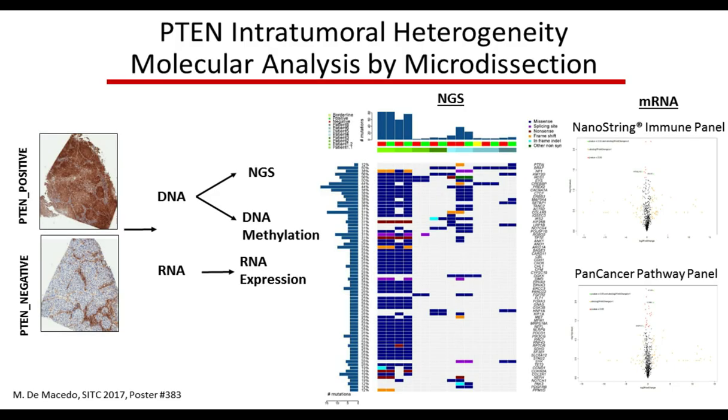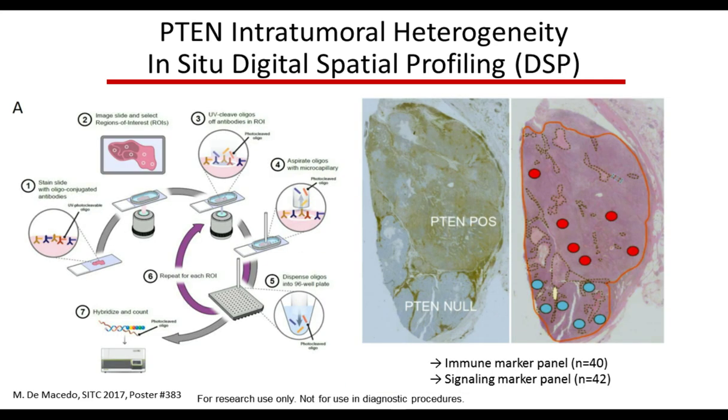associated with PTEN loss. So this is data that we presented at the SITC meeting in 2017, where we went into a handful of these tumors and first actually did core needle biopsies of these heterogeneous tumors to isolate regions that were PTEN expressing or PTEN null. We isolated DNA and performed next generation sequencing and DNA methylation. We then also isolated RNA from this tissue for RNA expression profiling. And overall, this actually suggested that the mechanism of PTEN loss was most likely genetic as opposed to epigenetic, and we did see differences in gene expression patterns.